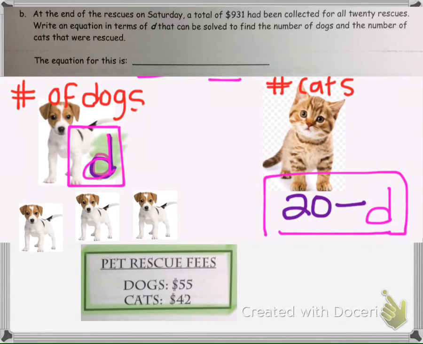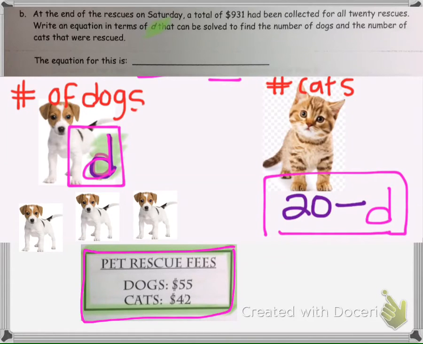Part B says, at the end of the rescues on Saturday, a total of $931 has been collected for all 20 rescues. Write an equation in terms of D, so again our equation should only have D in it, that can be solved to find the number of dogs and the number of cats that were rescued. So we were given